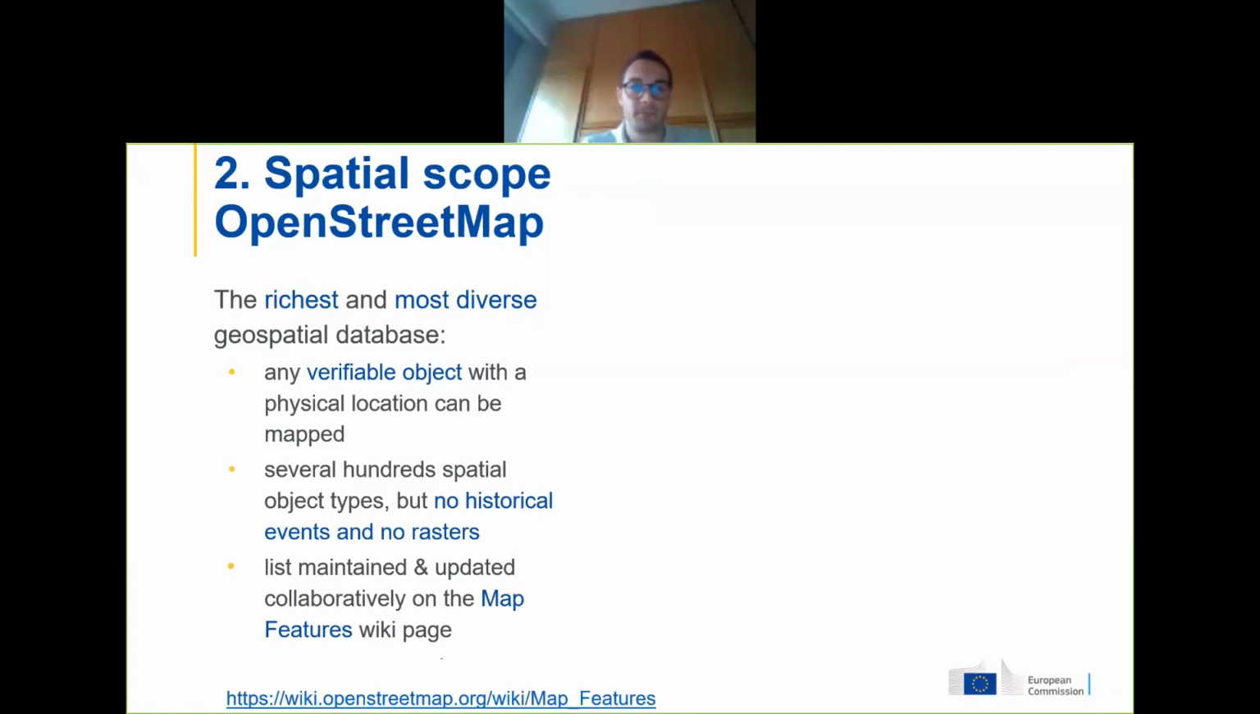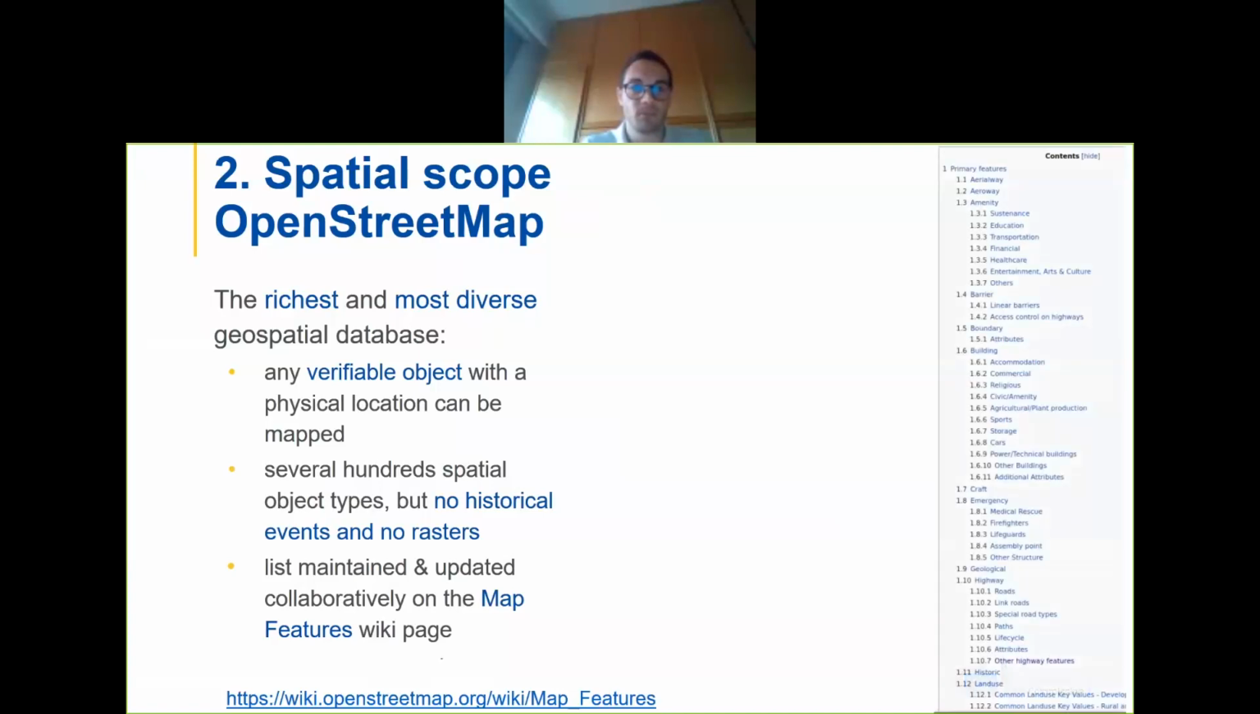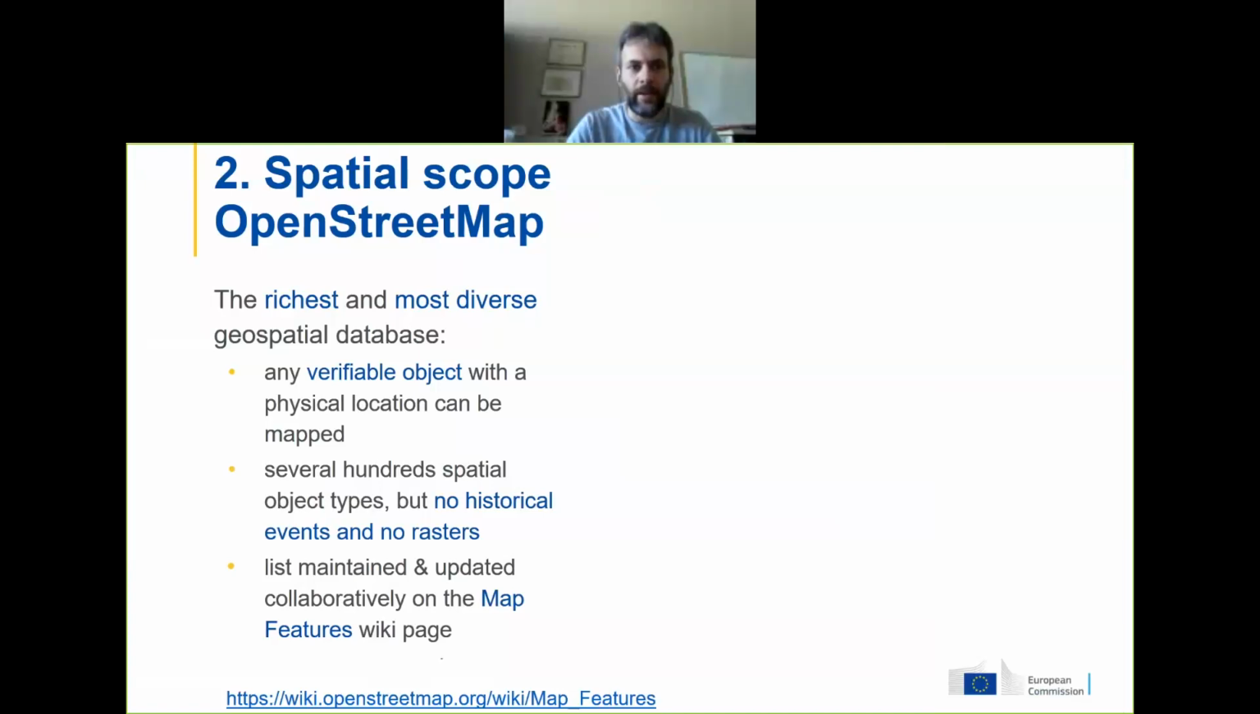Now about the spatial scope of OpenStreetMap. We said already that it's a database, and it's one of the richest and most diverse databases. What is the content of OpenStreetMap, and what's inside? Let's say that any verifiable object with a physical location can be mapped, and it's really like that. We go from land use, buildings, streets, to the waste basket on the road. There are several hundred spatial object types,